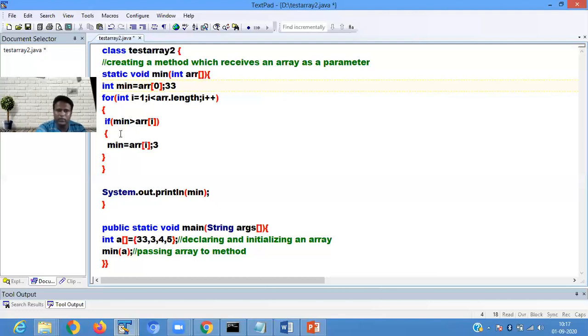In minimum, we have 3. 3 is greater than 4? Condition is false. Then I value is incremented to 4. Condition is true. Minimum 3 is greater than array 3? Condition is false. So the minimum 3 is what gets printed as the minimum value.